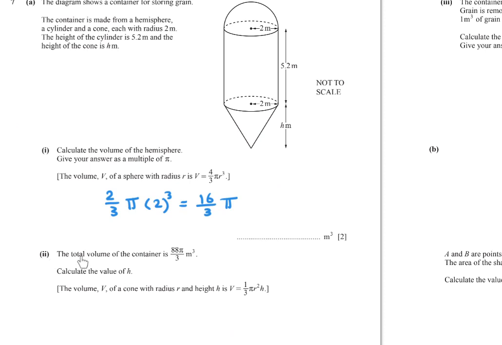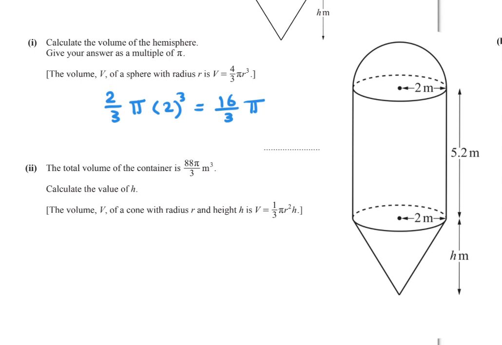Part (ii): the total volume of the container is 88π/3 meter cube. Calculate the value of h. The volume of the cone is given to you, which is 1/3 πr² times height. The total volume, 88/3 π, equals the volume of the hemisphere, which is 16/3 π,